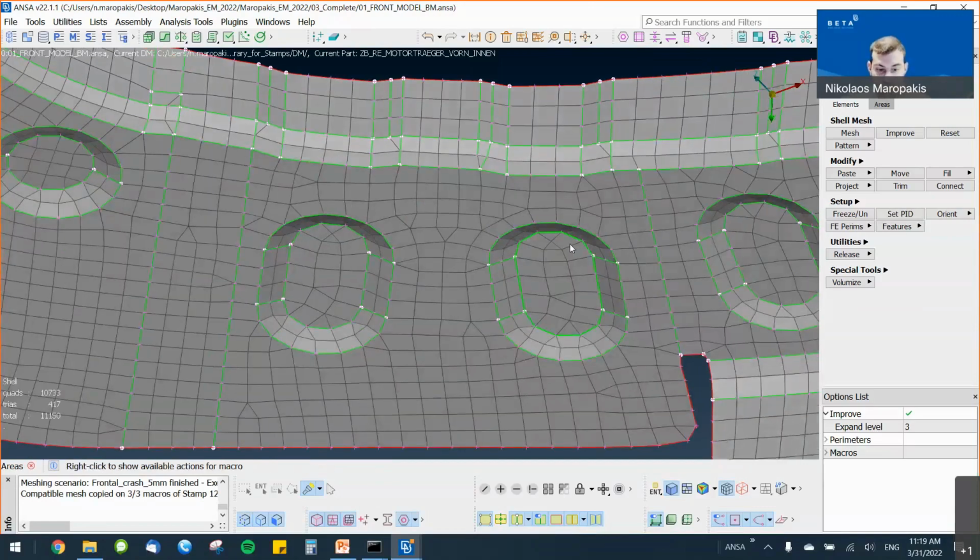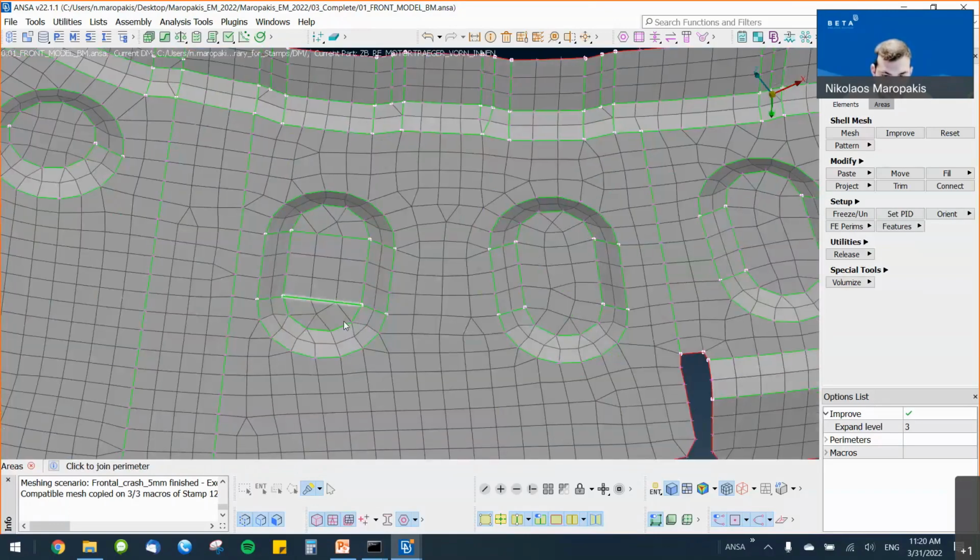I will start by fixing these stamps here that I want to have a more uniform mesh and also to be symmetric in the Y and X axis. I will start by performing 2 cuts here to help the mesh have a better flow. Allow me to move my model a bit. I can come here. I want to have fewer elements, fewer nodes in this perimeter.